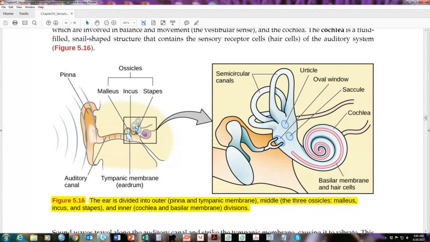The pinna helps to direct pressure fronts in the medium of the air into the auditory canal. So that's its job, and you can assist it by just cupping your hand around your pinna if you need to localize or amplify a sound coming from a particular direction. And that works fairly well. It just helps to direct sound into the auditory canal. And so the auditory canal is essentially a little opening that